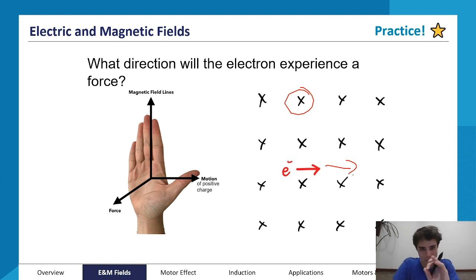But you may remember from a couple of minutes ago when I said that's only true for a positive particle, which means in this case, because we've got an electron and an electron is negative, it's going to be going in the opposite direction, right? So instead of having a force going upwards, our force must be coming out the bottom of our palm, pointing downwards. And so as a result, we can say that our particle, our electron, is going to experience a force